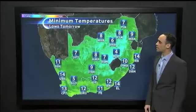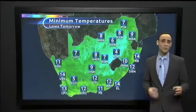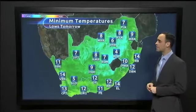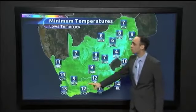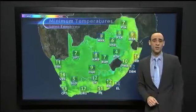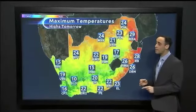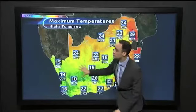Heading into tomorrow morning's minimum temperatures, and it will be cold overnight for the interior, but not too bad as the moisture continues to keep all areas above freezing. 12 degrees for George, 11 into Port Elizabeth, while Cape Town will drop down to 13 overnight, quite mild over that south coast. Heading into tomorrow, on the other hand, in the afternoon, we're going to see things remaining cold